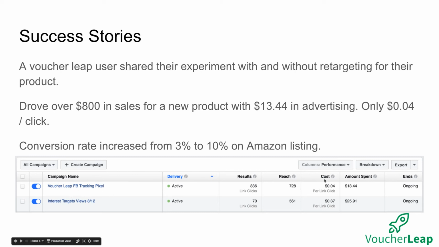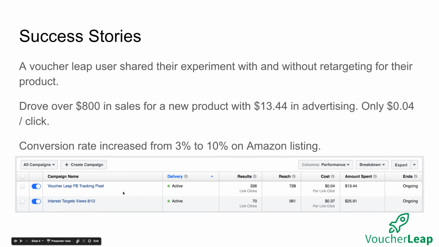This is the ad that was targeted based on retargeting. And this was the one that was targeted based on targeting a specific interest group. So they were selling in the pets category, right? So in the pets category, for this ad, they said only show this ad to people who have an interest in pets, specifically cats. And in this one, they showed it to people who've already visited their landing page. And you could see the huge difference in